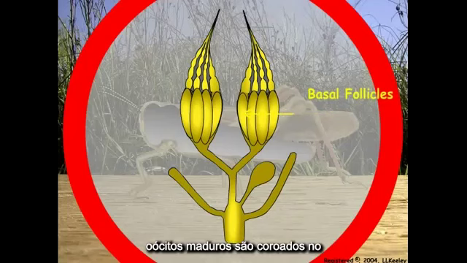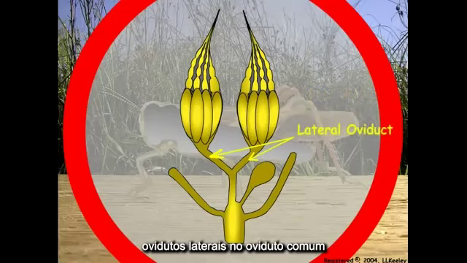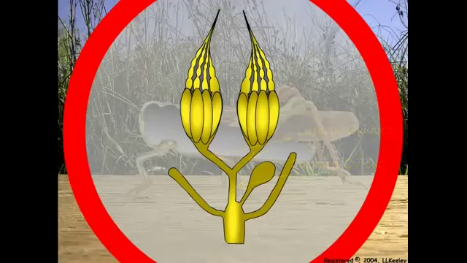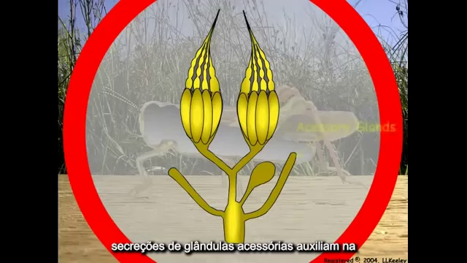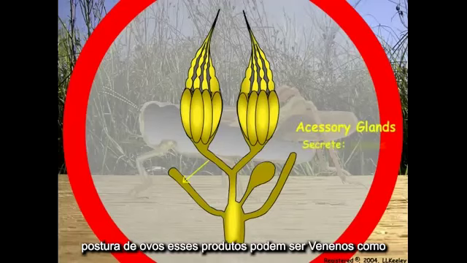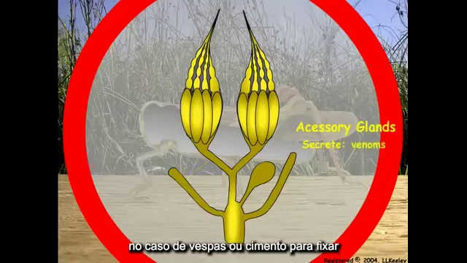Mature oocytes are chorionated in the follicle, then passed into the lateral oviducts and to the common oviduct. Sperm are released from the spermatheca to fertilize the egg as it passes through the common oviduct for oviposition. Accessory gland secretions assist egg laying. These products may be venoms, as in the case of wasps, or cement to fix the egg to the oviposition